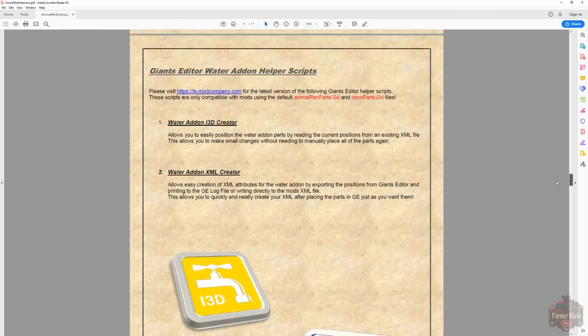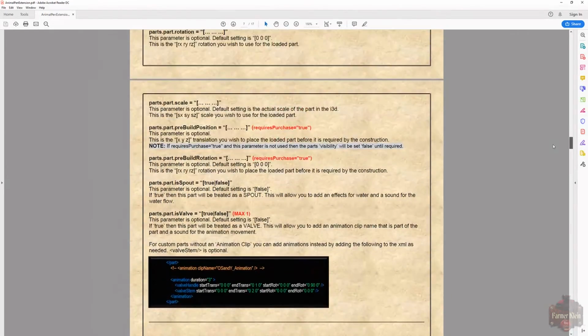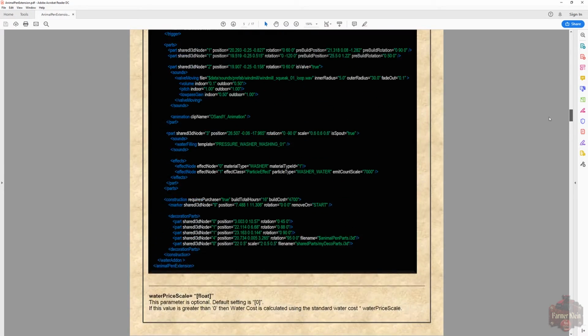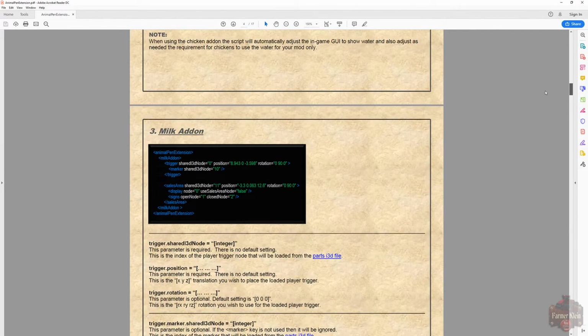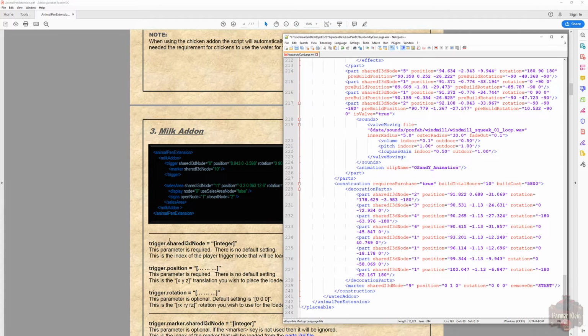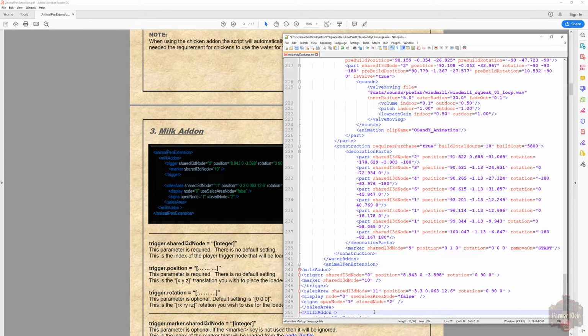Add all of that extra stuff. We're going to go to the part that says milk add-on. We're going to copy this part here. Copy. And we're going to go back to our XML. We're going to go below the water add-on and above the animal pin extension. We're going to paste